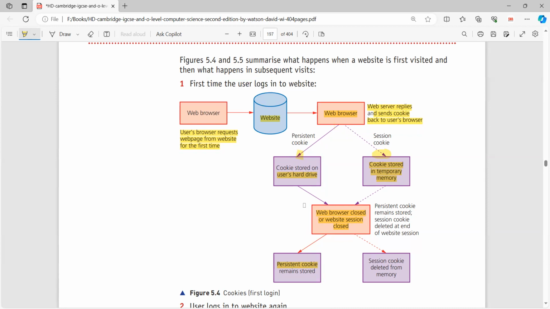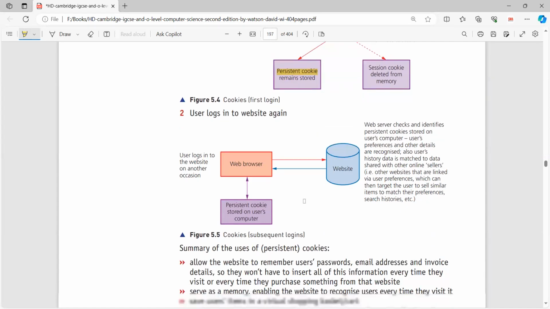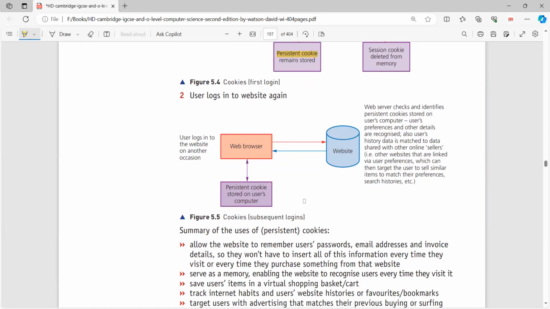Do you all remember that we use incognito mode, the incognito web browser, where your history cannot be kept? So it uses sessional cookies, right? When you close that browser, everything you do here is never recorded. That is an example of a session cookie. But if you perform anything in your normal browser, that means it is storing all of your history, all of your IDs and passwords as well. This can be an example of a persistent cookie and sessional cookies,